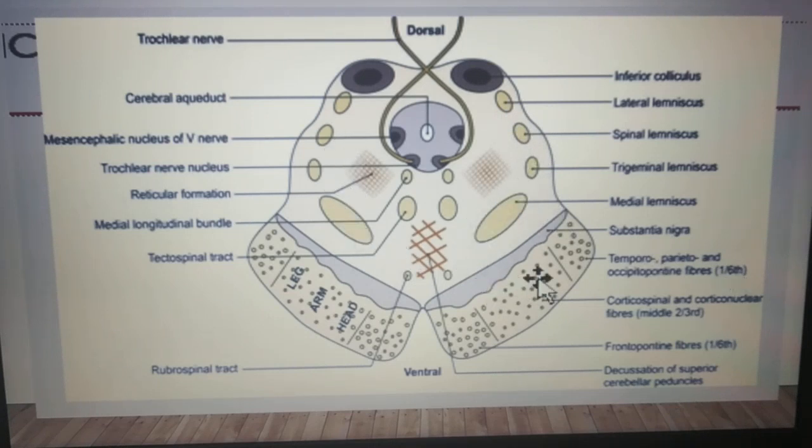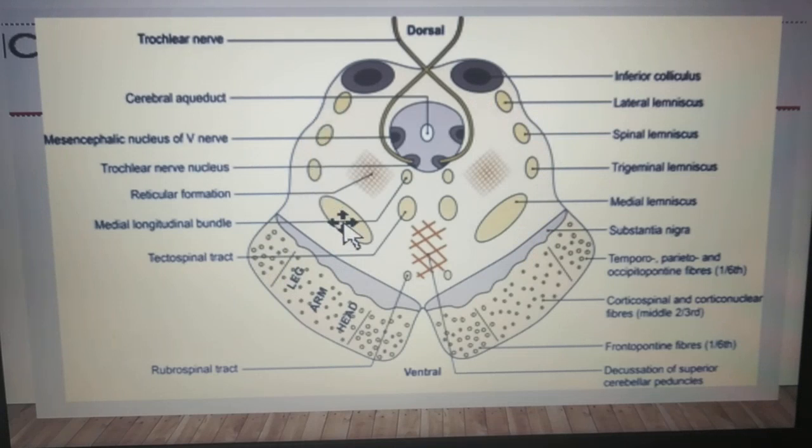The medial lemniscus includes the fibers of the ventral spinothalamic tract. The spinal lemniscus includes the fibers from the lateral spinothalamic tract and also the spinotectal tract. And we know about the lateral lemniscus. These fibers give fibers to the inferior colliculus, from which the efferents go to the medial geniculate body. So these are arranged in a necklace pattern.